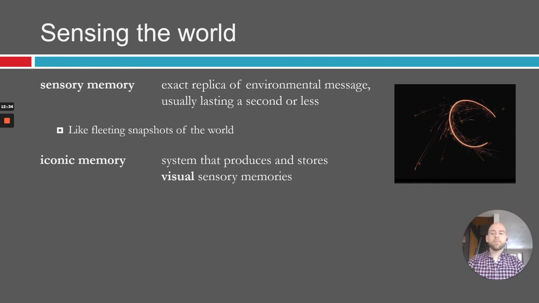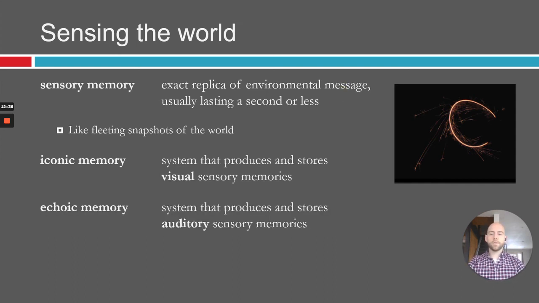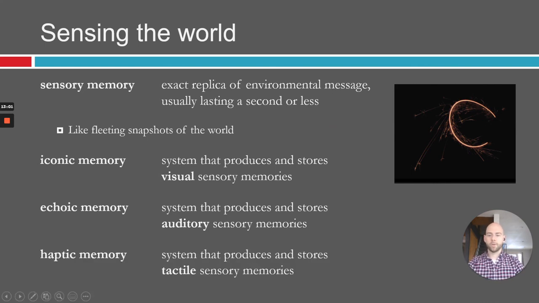So there are different types of sensory memory. Of course, there's also echoic memory that has to do with your hearing and the sounds that you're encountering in the world. And we'll talk about that one a little more specifically when we get to working memory too. But this is, again, echoic memory. Think of an echo as sound, and an icon as something you can look at, basically. That's helpful to remember those, hopefully.